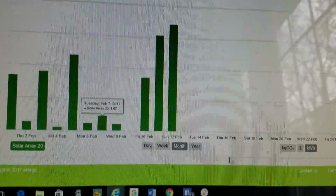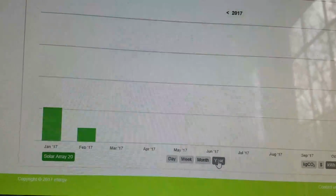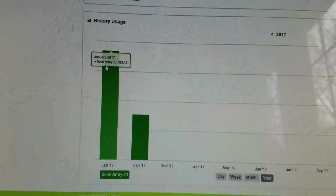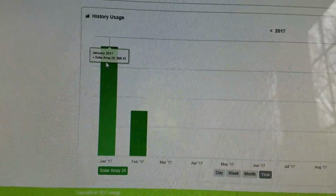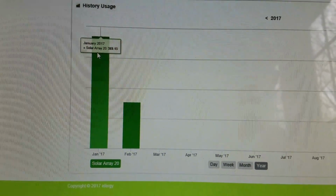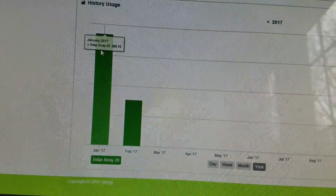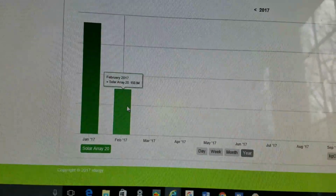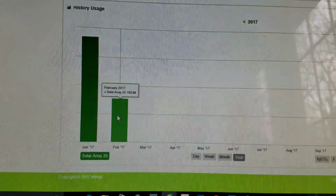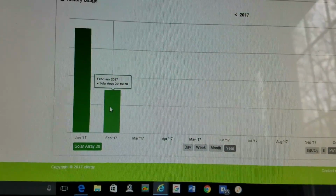Now, if I switch to the year view down here, there it loaded. So far, you can see that for the month of January, and this was all with the Chinese inverters that I've been having problems with, it was 369.15 kilowatt hours for the month of January. And then so far for February, which has been partially with the Chinese inverters and then partially with these new inverters, it's